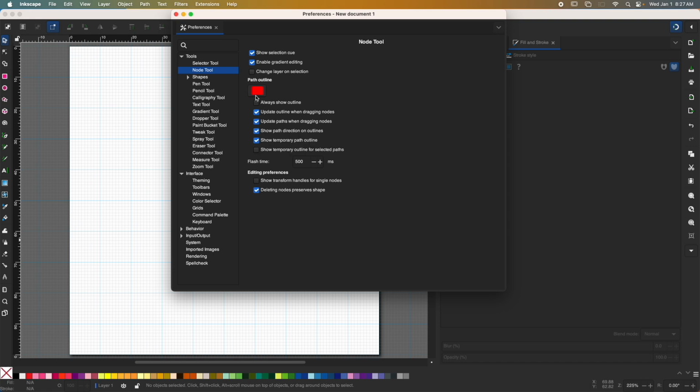And you also want to make sure that you have Always Show Outline selected. It's going to default to red, and I'm just going to leave it as red. And we're going to need that for the following lesson where we create our own lettering. And that's how you want to set your preferences for Inkstitch